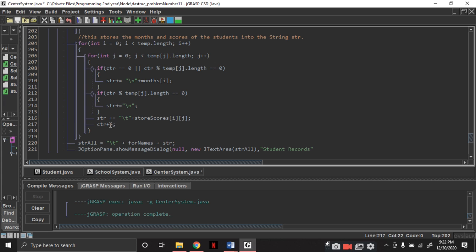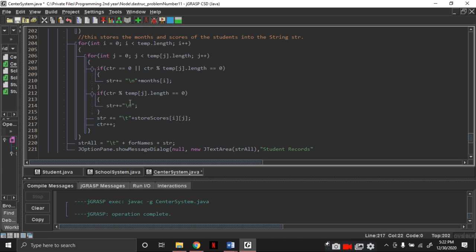Then if the counter divided by 1 is equal to 0, it will print months and the newline, and since counter is equal to 1 and temp j length is 1, we have a double new line now.